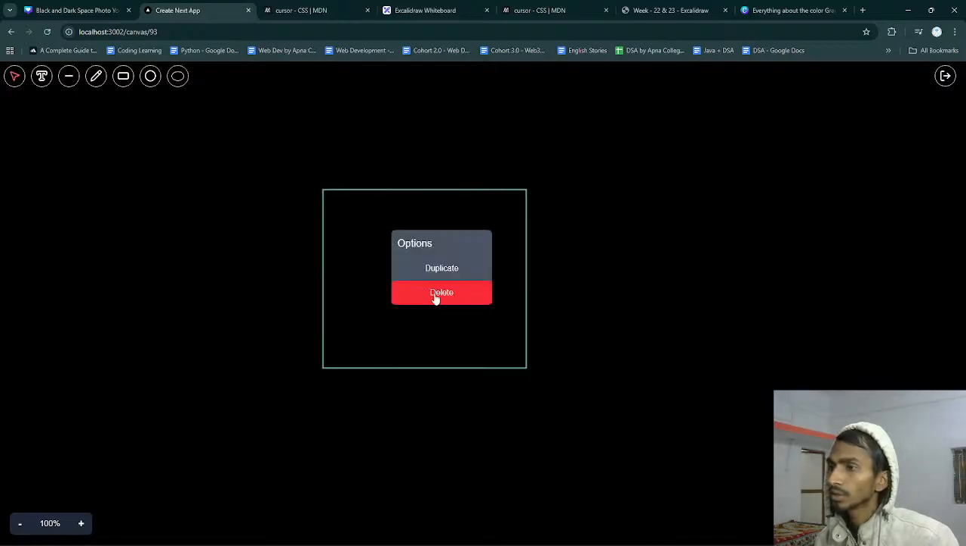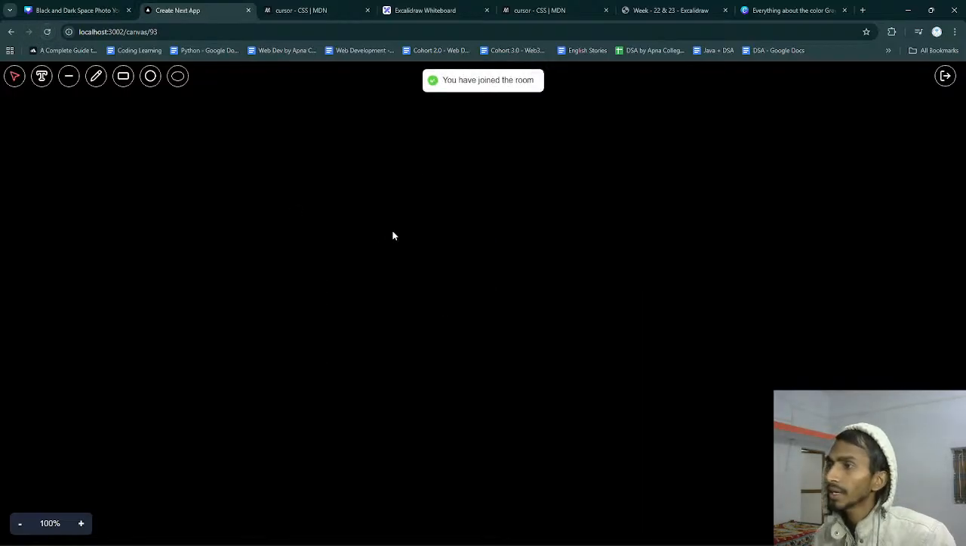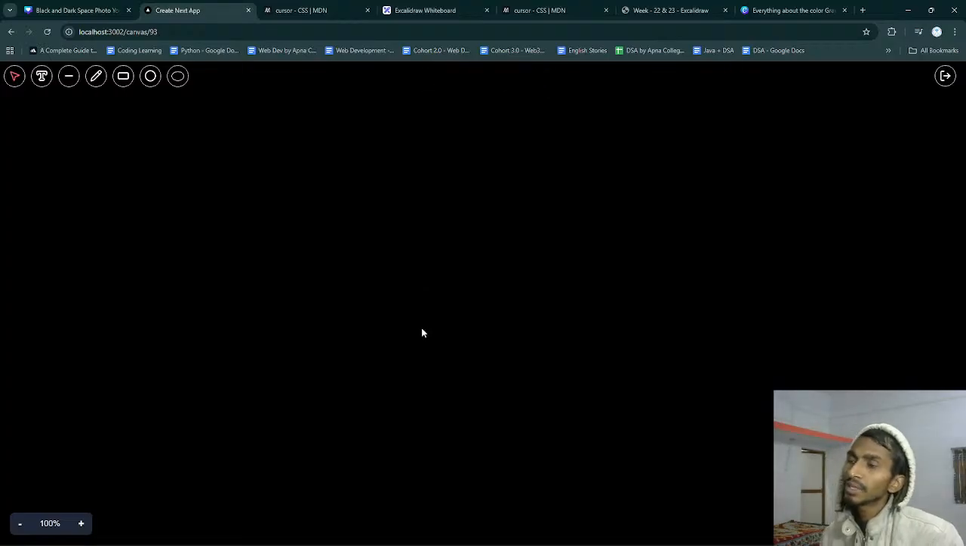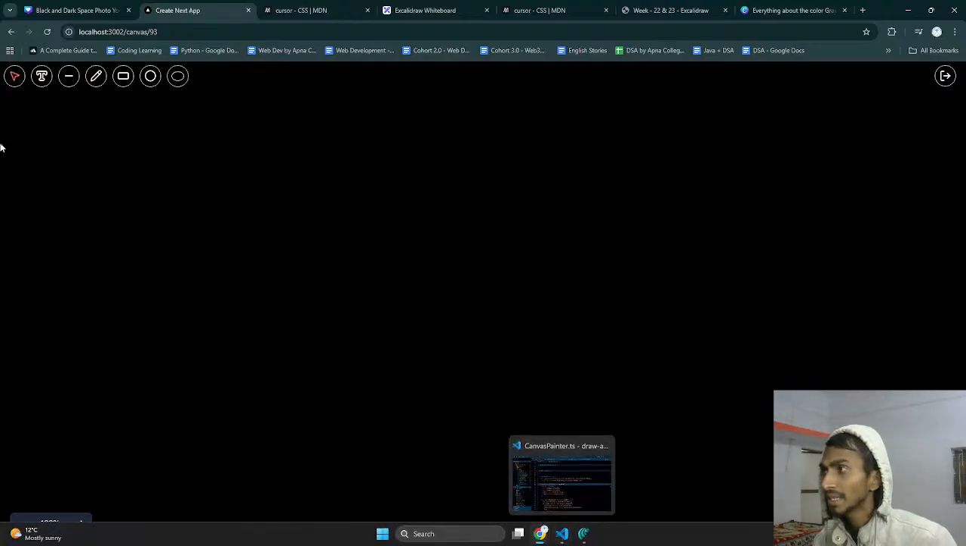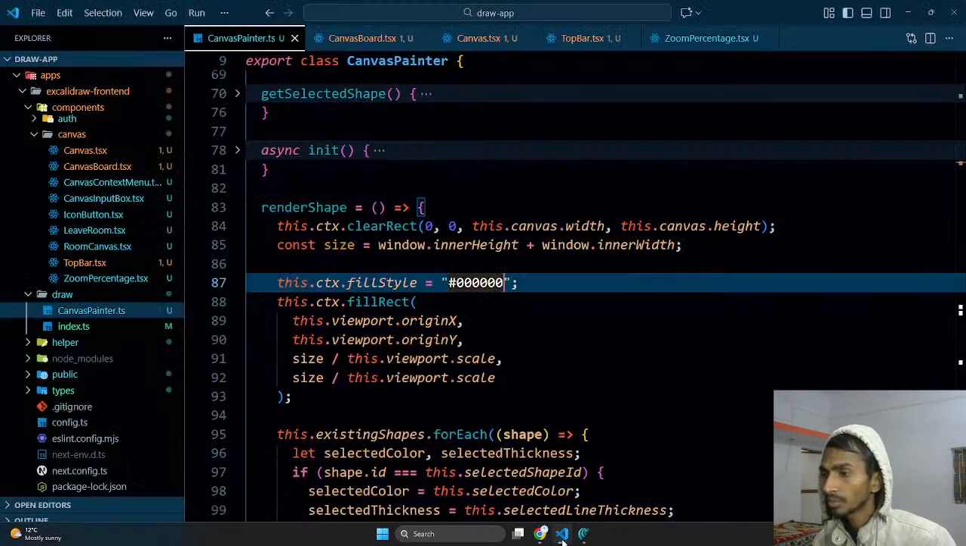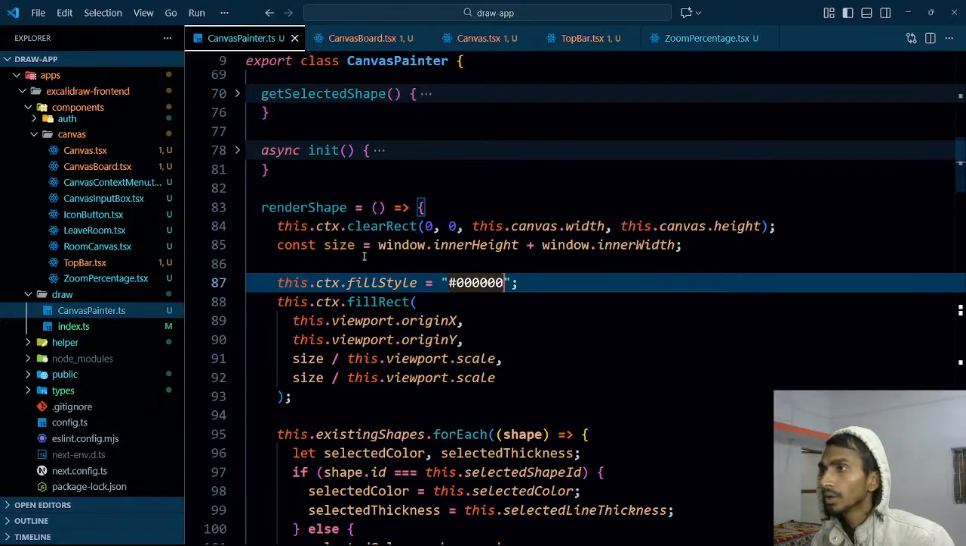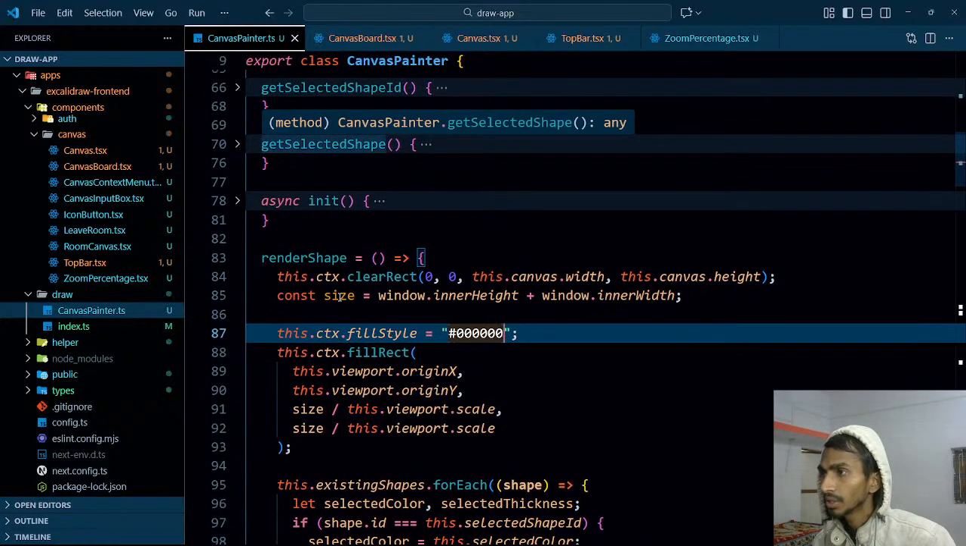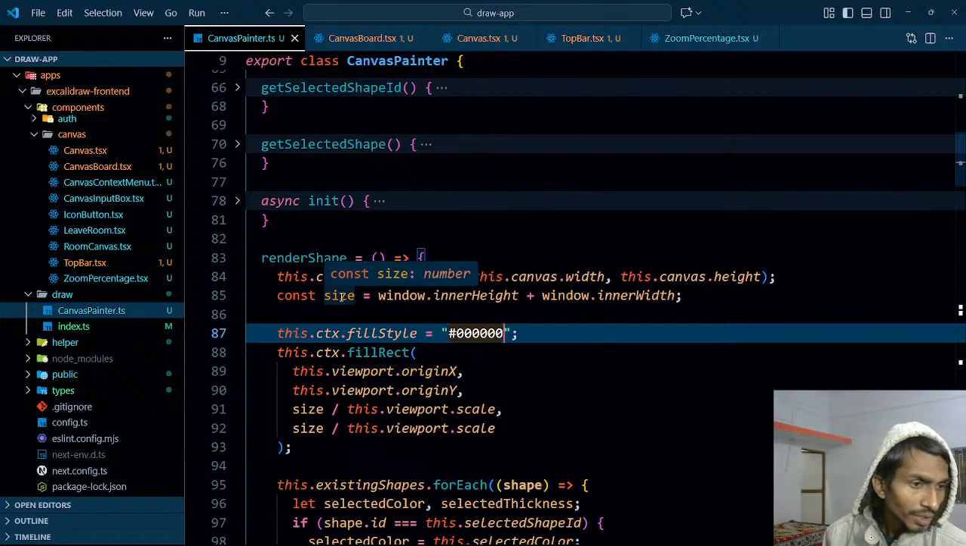One more thing, delete it. Whenever I click, I get this. Wow. Whenever I just simply click, I should not get this. I get it. That is again a problem. So if selected is selected, and whenever I'm clicking, I mean whenever pointer down happens,